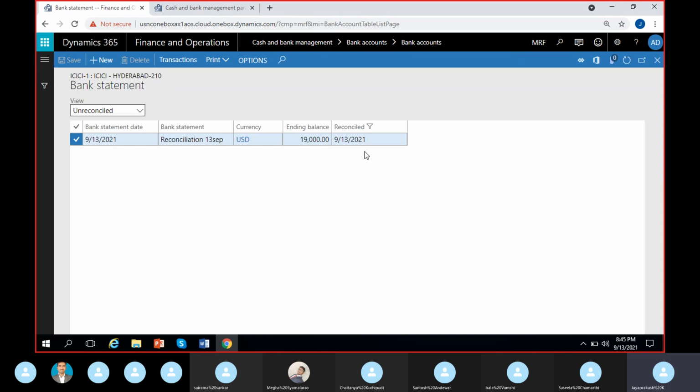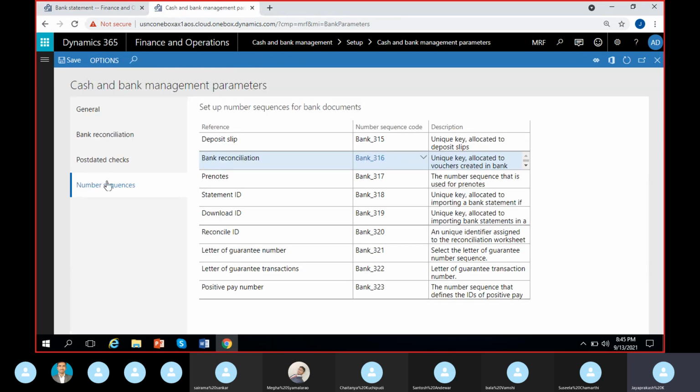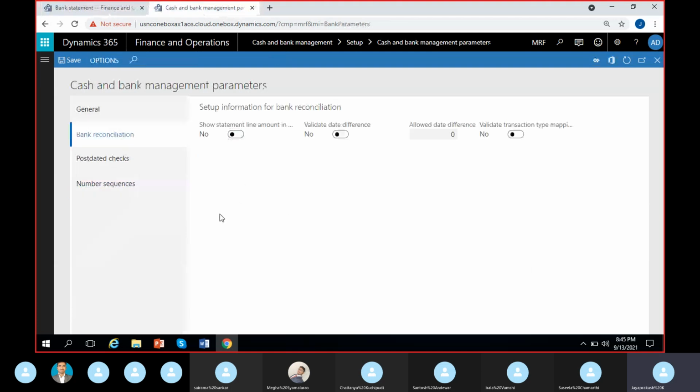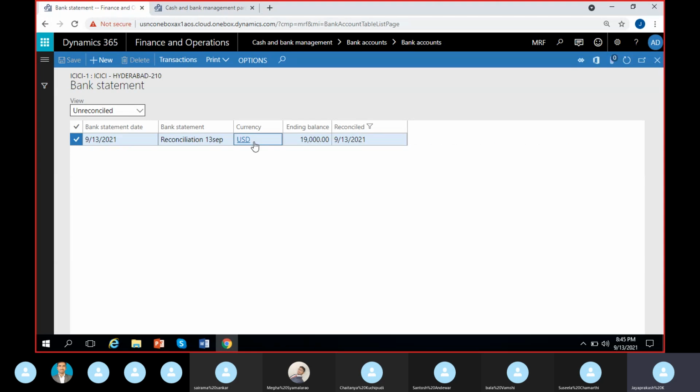Newly we have some features for cancellation of reconciliation that's already done. Until the latest version we didn't have it. Currently, in the latest version, there is a feature for cancelling an already reconciled one. If we enable that feature in cash and bank management parameters, we'll get a parameter for bank reconciliation. Here we have a parameter for cancellation of bank reconciliation. If we enable that, I can come here and cancel this reconciliation and do the reconciliation once again